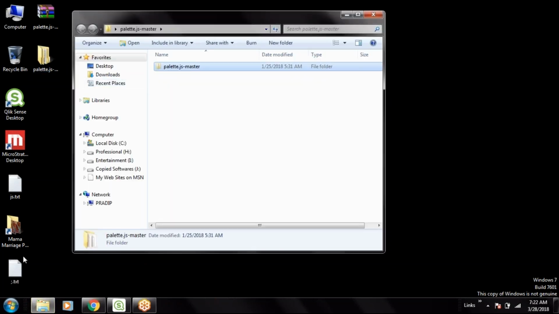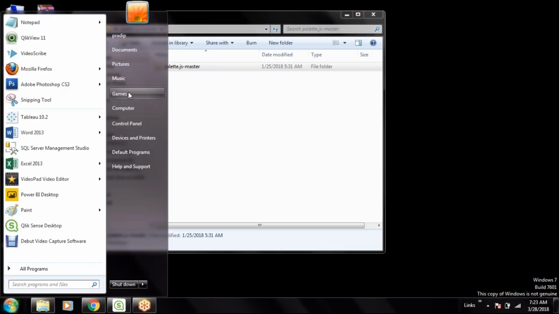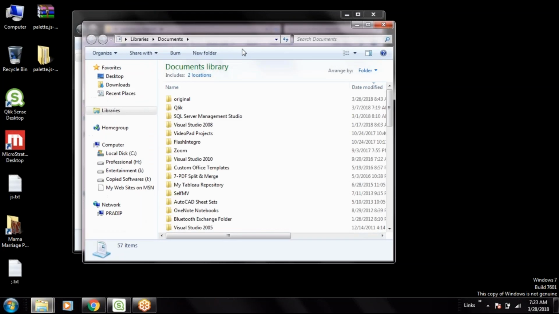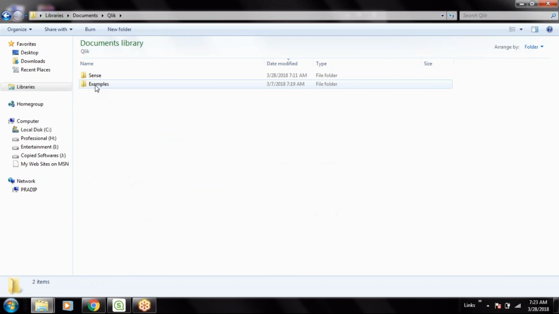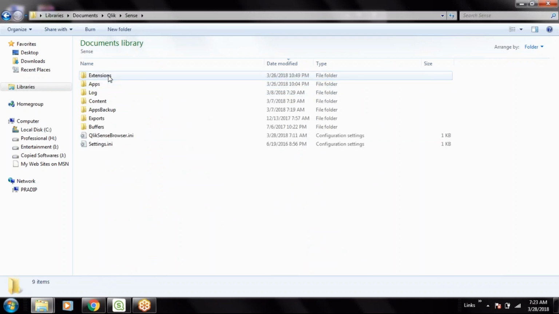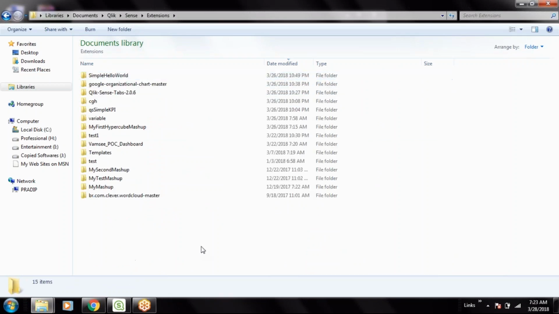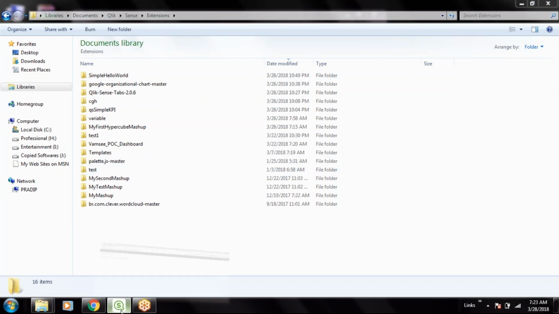I just got this one and paste it in my document. I'll take you to the Qlik Sense directory, Qlik Sense extension. Here I'll have to paste this object folder. Okay. Now instantly we will go to Qlik Sense